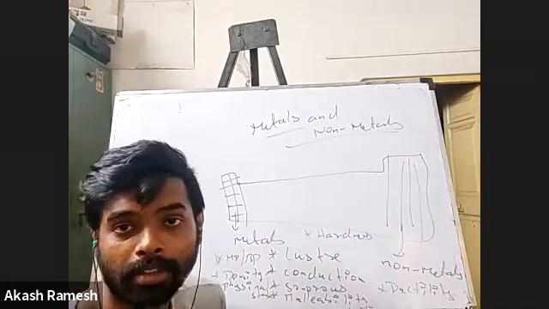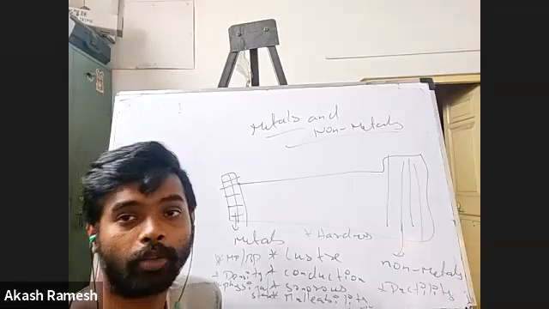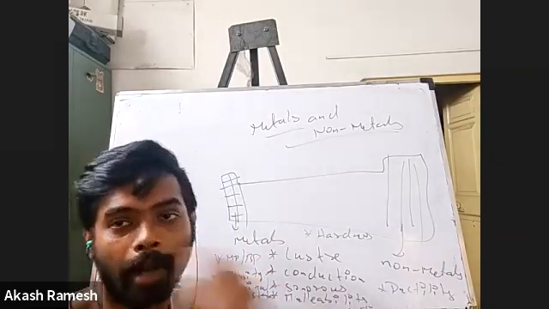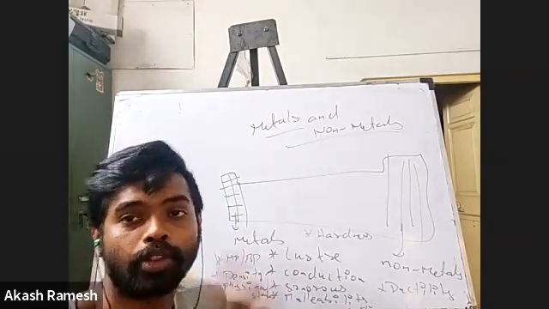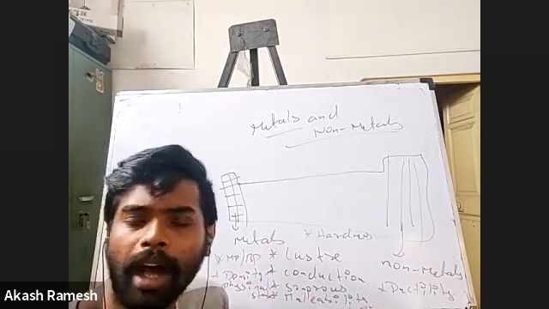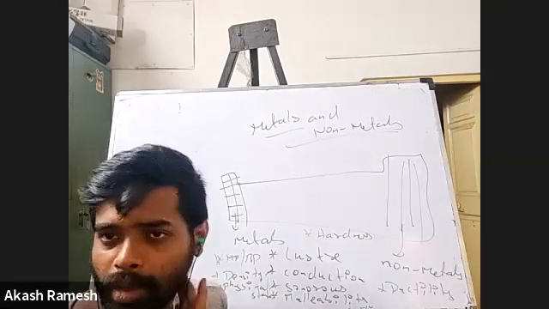What do you mean by sonorous? It gives sound, sir, like the sound produced when hitting. Correct. So when you hit that particular material with some hammer or some kind of tool, it is going to produce sound, right? So we know aluminium sheets, iron as a metal. You have seen so many places where they do it, right?